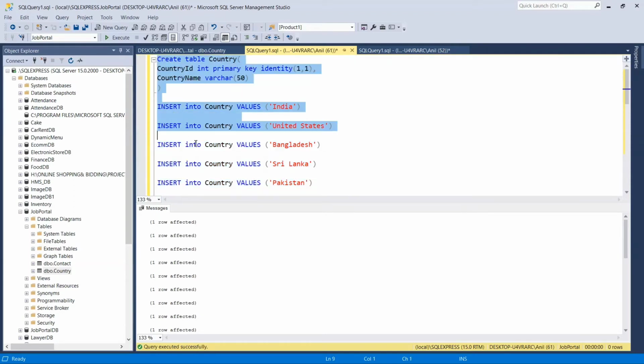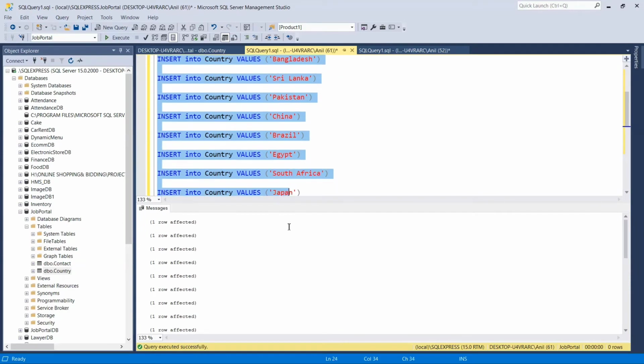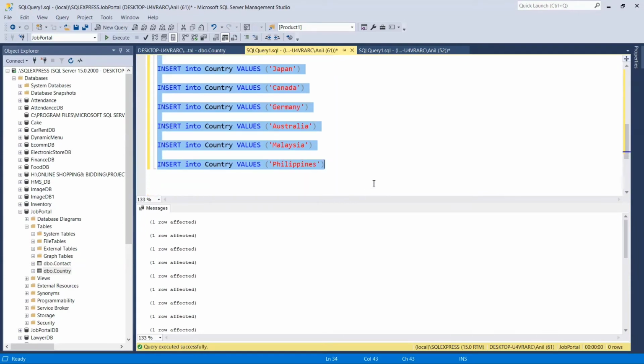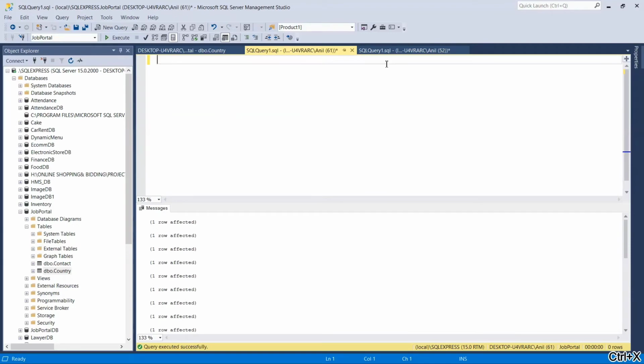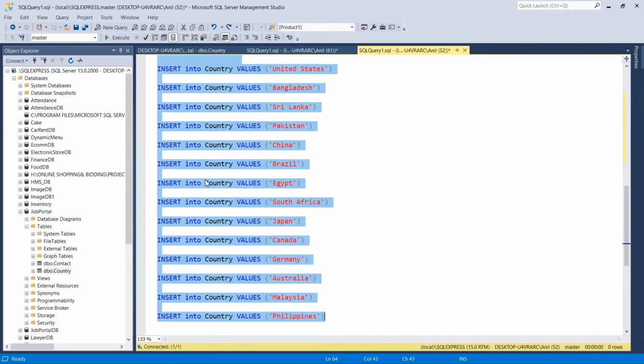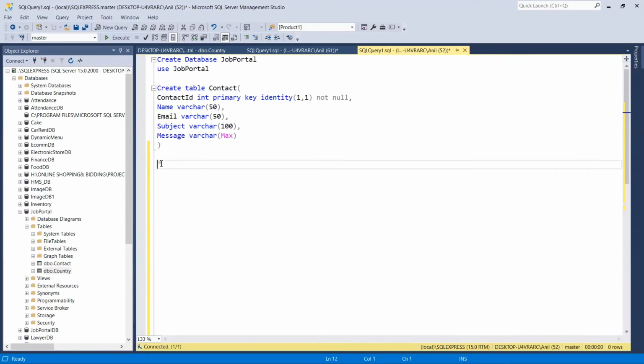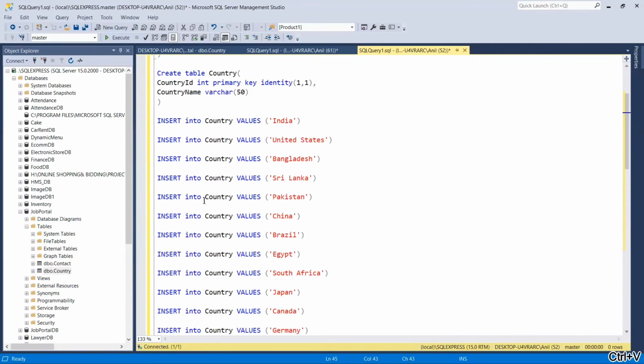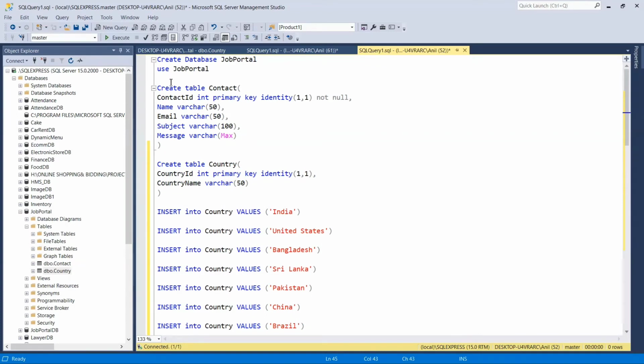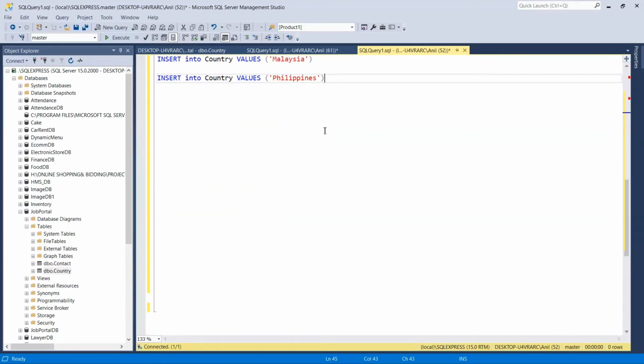So first of all, we need to create a table for that inside our database. I'm just copying this code that we have used today and adding it here. Then we have all the code that we have used inside this project for the database and the tables. Now let's create a table for the user. Let's write the query for creating the table.